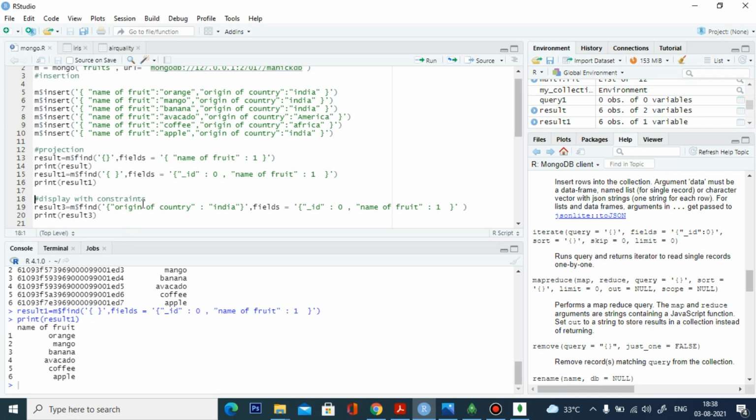Then display with constraints. Okay, it's going to display all the content. So we can make the constraints, the conditions, to display the content like in a normal SQL database. So here what I have to do is find the origin of the country, which is India.